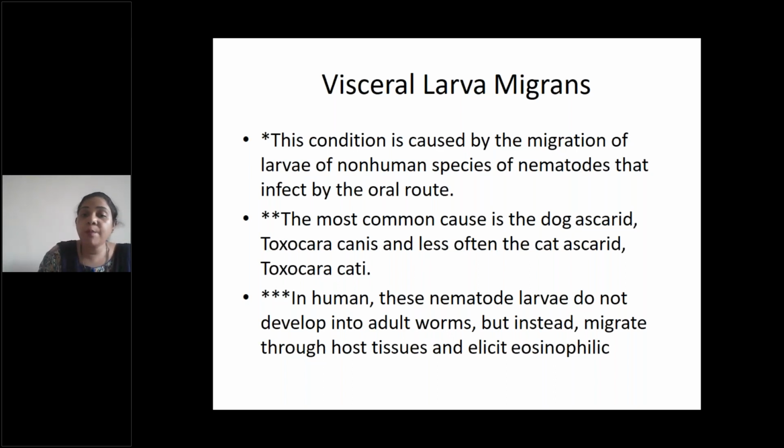The most common cause is dog ascarid, such as Toxocara canis, and cat ascarid, that is Toxocara cati. In humans, these larvae do not develop into adults, but if accidental infection takes place in humans, the larvae migrate through host tissue and elicit eosinophilic